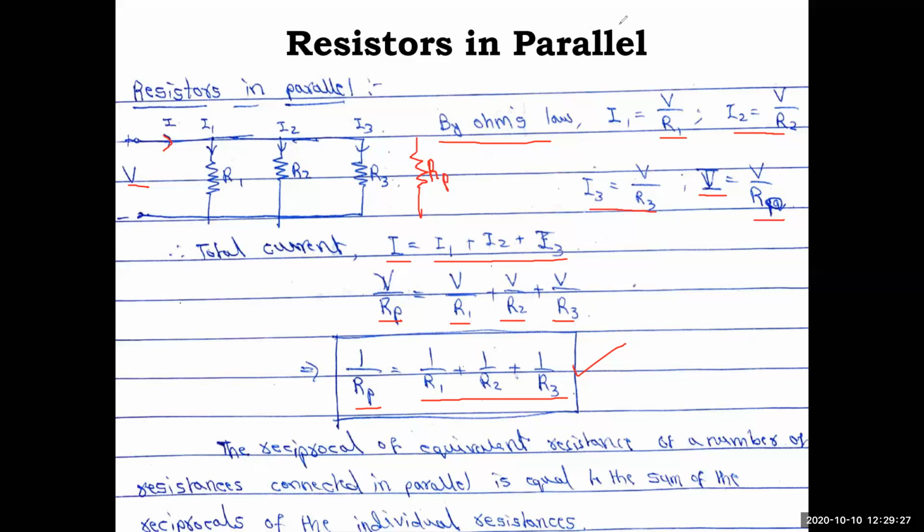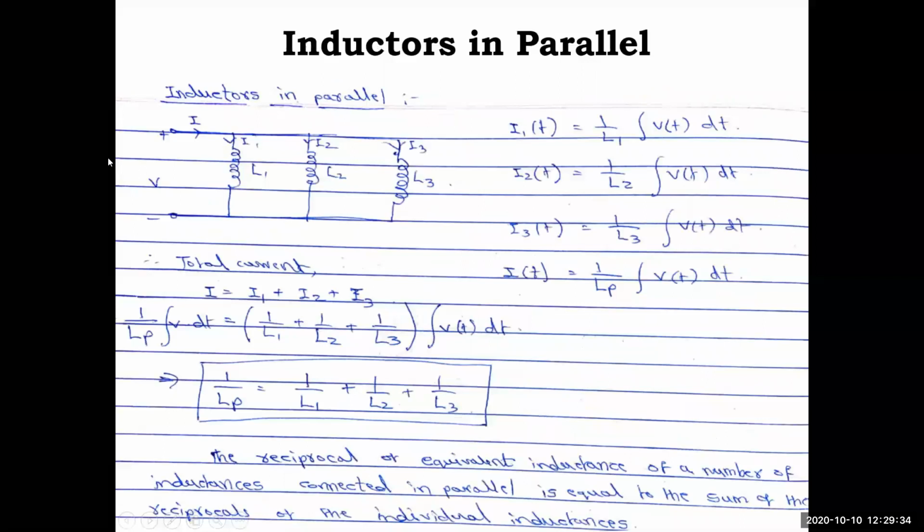Okay, so next we'll see inductors in parallel. The same way, we'll take the equation of voltage and current. So three inductors are connected here, L1, L2 and L3. If you replace them by an equivalent inductance, we call that the parallel inductance, denoted as LP. Again, we have to write the equation now in terms of current. V, it was easy, right? L into di by dt is what we used to write.